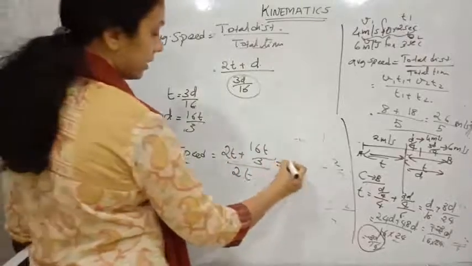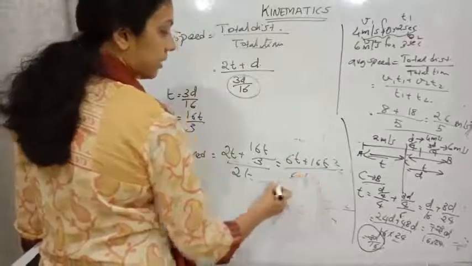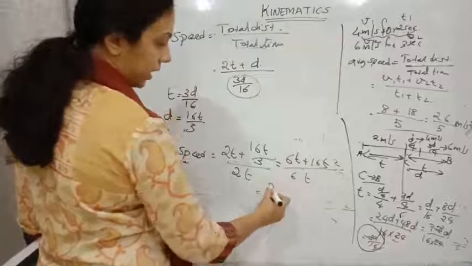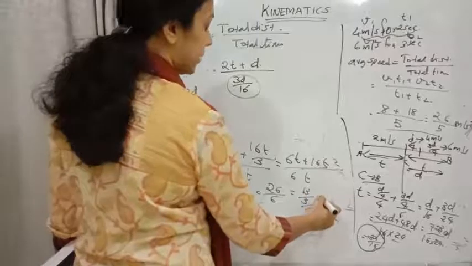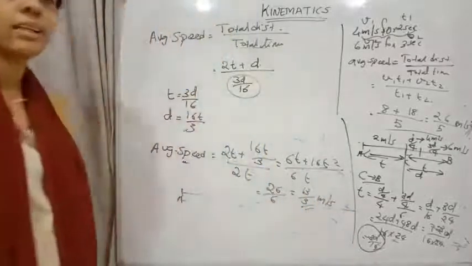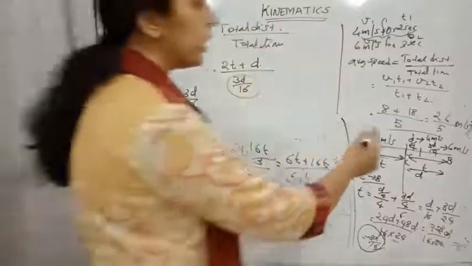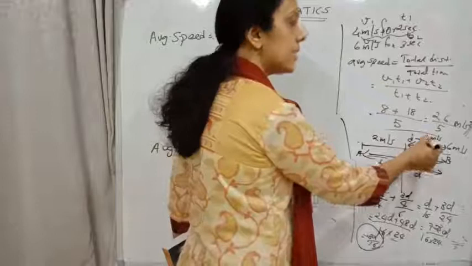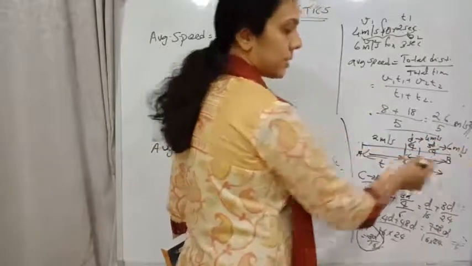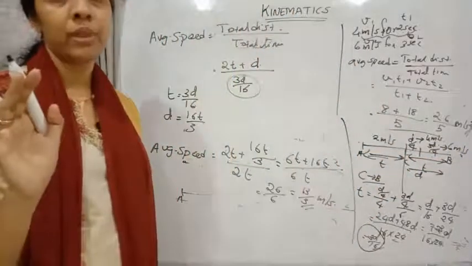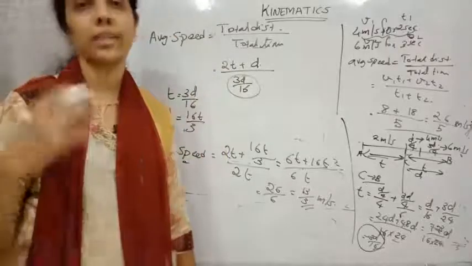So while calculating, 6t plus 16t divided by 6, here t will get cancelled, together 26 divided by 6, or 13 divided by 3 meter per second. Okay, clear? So the point you need to consider in the question is that 1/4 of the distance is at 4 meter per second and 3/4 of the distance is at 6 meter per second. You should be thorough with that. Okay, clear children? So this is about some questions related to average speed.